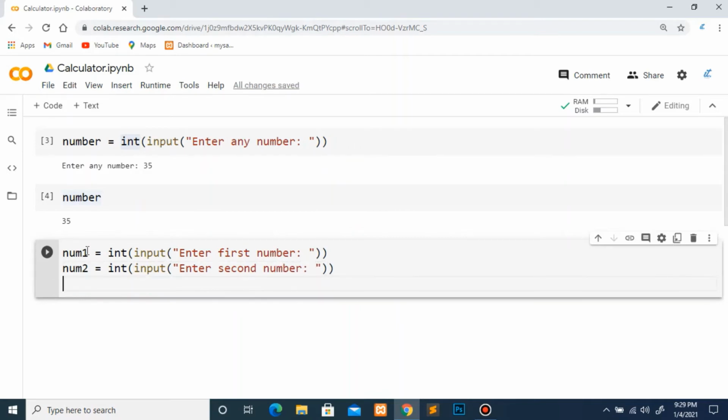After this, I have to mention to the user that my calculator can perform only 5 basic operations. So I will write here print, this calculator can perform the following operations.